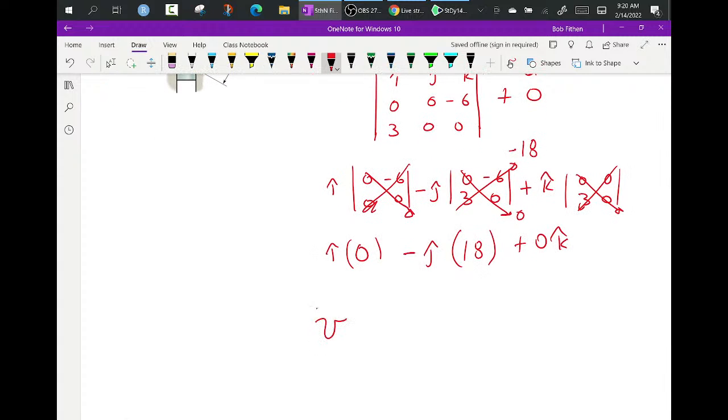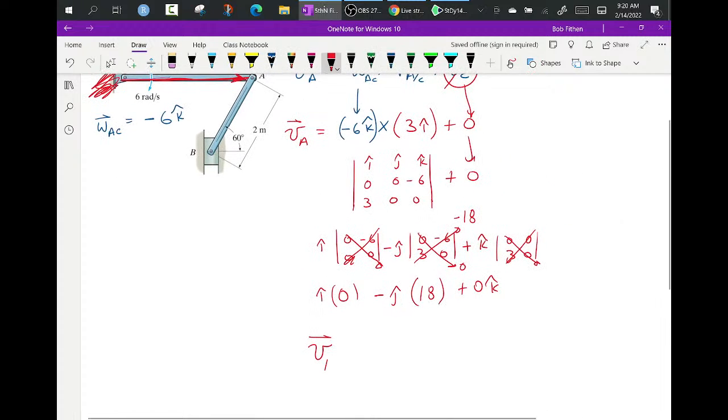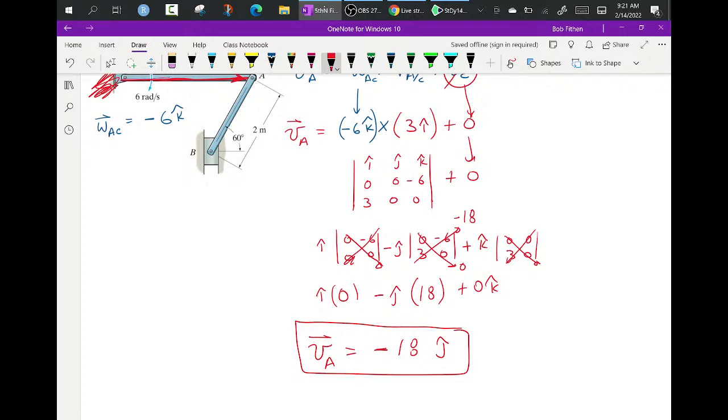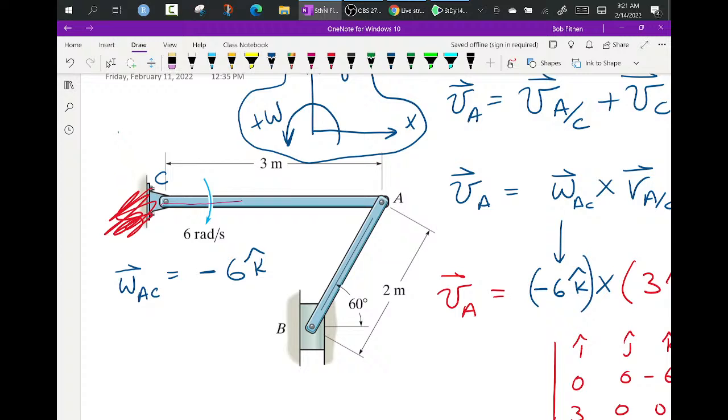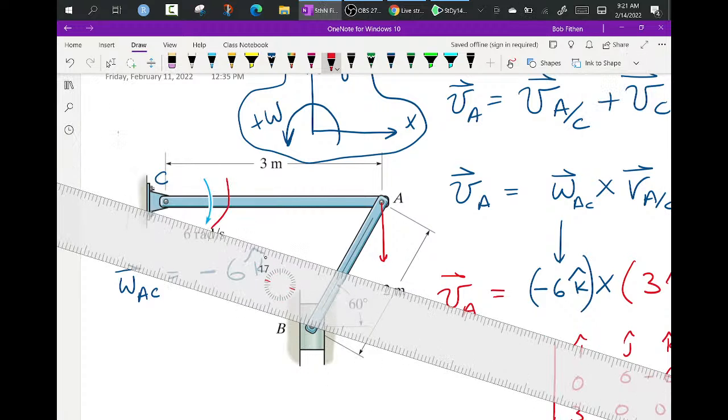So I show that, alright, I've already forgotten. That velocity, the velocity of A, is equal to minus 18J. Now at this point, I should be able to verify that, just kind of semi by observation. And that is, I know if this thing were rotating this way, every point on it would be going straight down. So if you drew a straight line